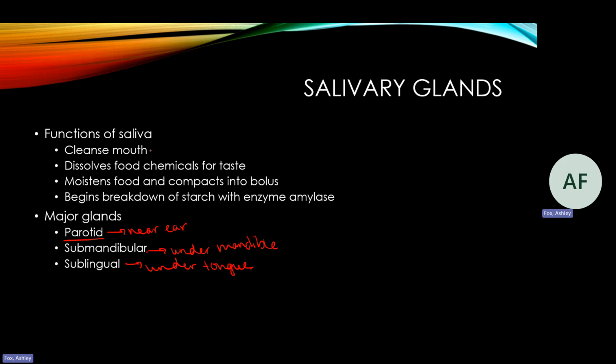What do they produce? They produce saliva. What's the function of saliva? It's to wash out the mouth. So if there is food just left in there, it can wash it away. It helps with taste. So dissolving chemicals in saliva helps the taste buds actually sense taste. And the major one is it moistens food. So it adds moisture to that food and helps make it into that ball or that bolus so that it's easier to swallow. And the other one is it's going to start the breakdown of starch or carbohydrates